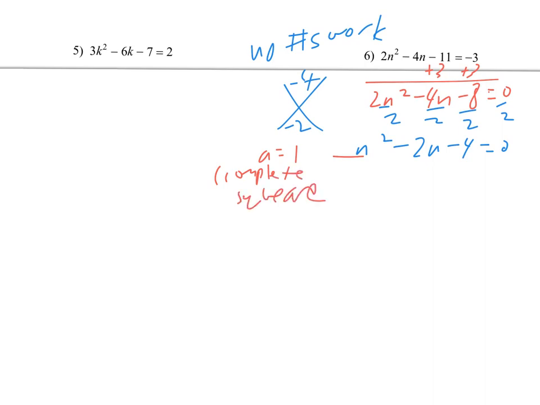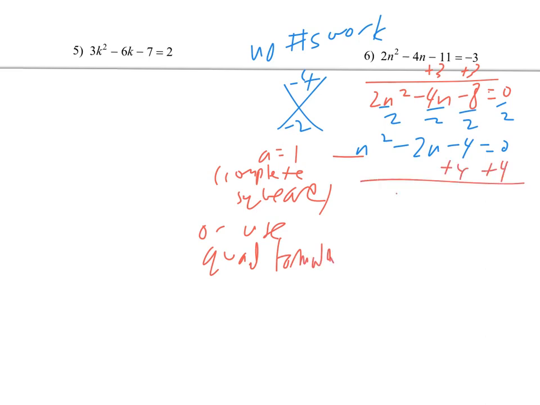However, I'll tell you that you can also use the quadratic formula. It actually always works, so it's up to you. But whenever I have that a value of 1 and b is even, I like to use this method. So for this method, we actually move the number over to the other side. And then we do b over 2 squared,